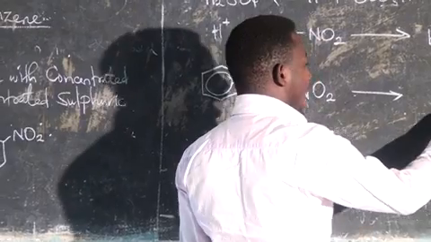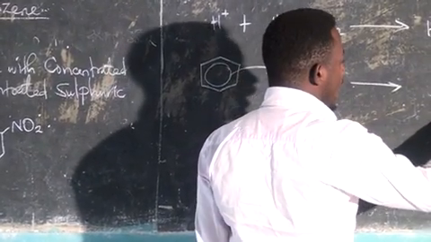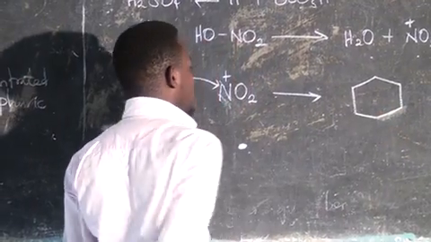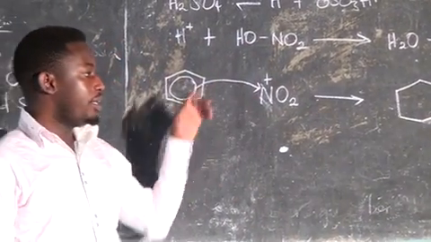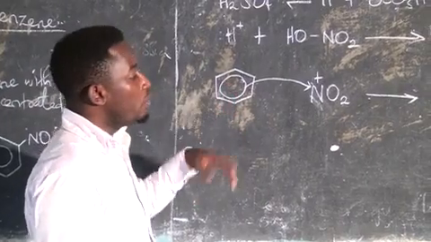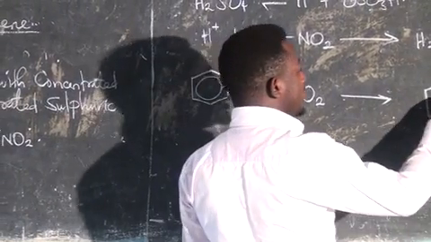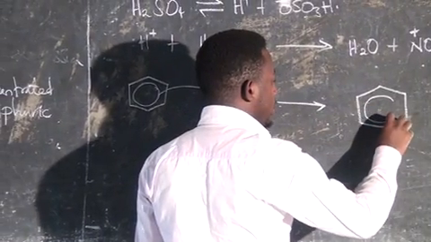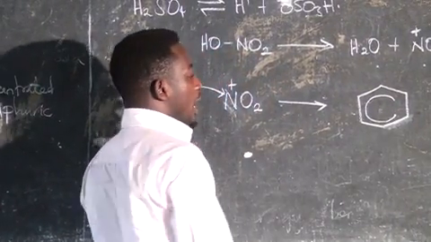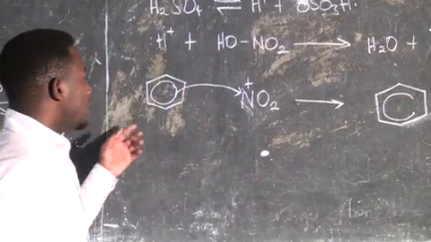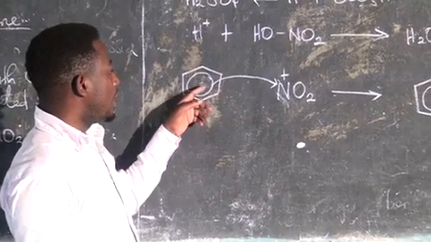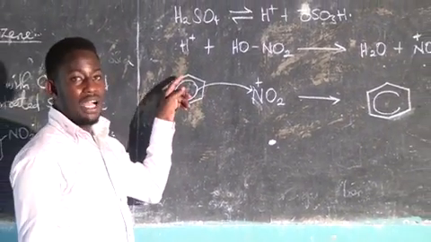Our ring has used part of its electrons to attack the nitro group. Therefore, the ring will become unstable and will become partial. It will not be complete. So I'm going to do that. And because it has attacked nitrogen, it means there is now a partial lack, or there is a lack